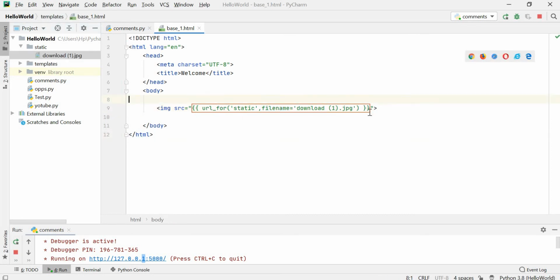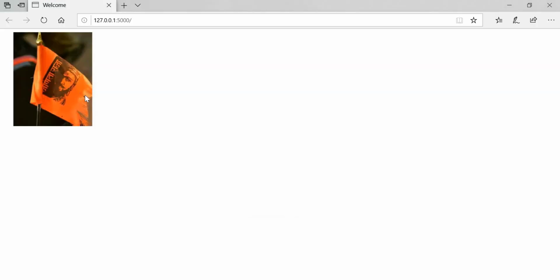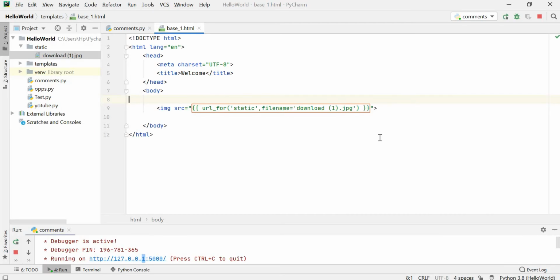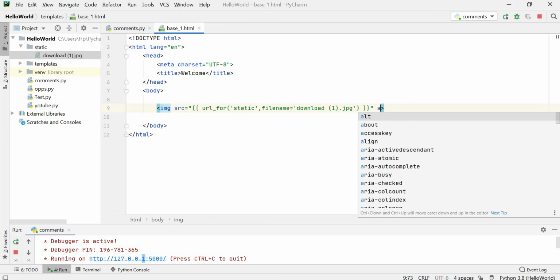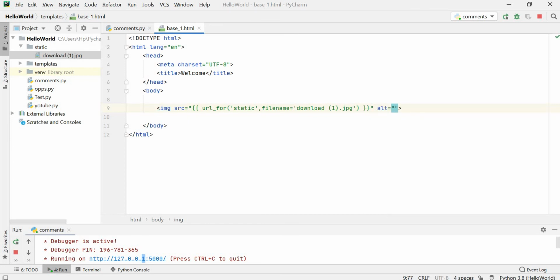Now this image is very small in width and height, so let's see how to adjust this in the HTML file. If the image does not exist, it will show alternate text, so for that you can give the alt attribute and pass alternate information about your image. I will pass, this is a flag.